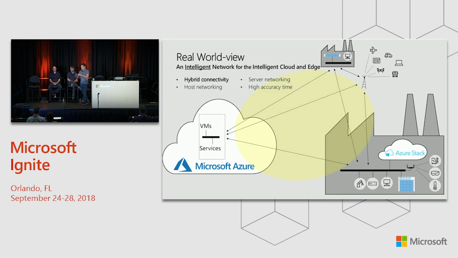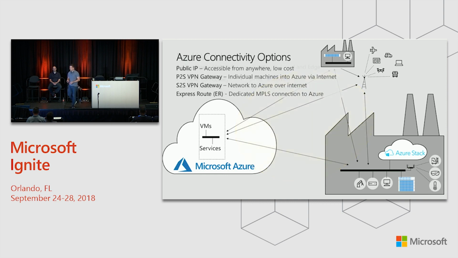So let's start talking about the middle section, the hybrid connectivity. When we think about how you connect to Azure, you essentially have four options. You have public IPs, the simplest thing you can do. You create a public IP on your VM, or on a load balancer. And now anything anywhere, whether it's connected through cellular, whether it's in your office, can connect in through the internet, get to that IP and whatever endpoint is mapped behind it.